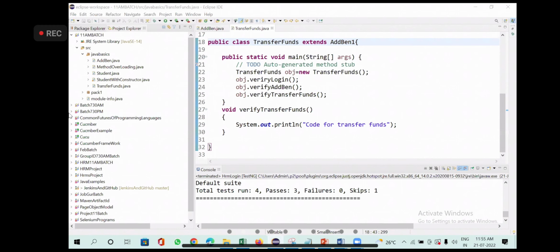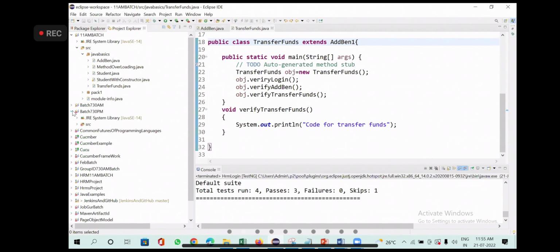Now, I think this was already discussed in the previous batch. What option do you have to execute the superclass method? You have one option: create an object for the superclass. Animal obj equal to new Animal. It will create an object for the Animal class. Then you say obj.method1, which will execute the superclass method. Then create an object for the subclass and call the method name again, and it will execute the subclass method, right?